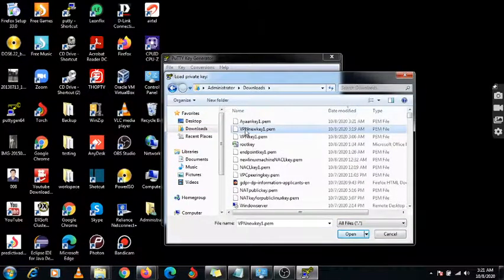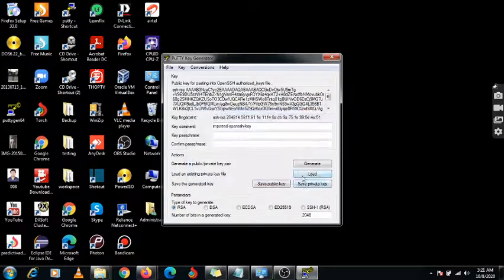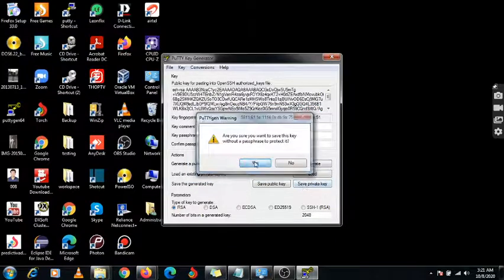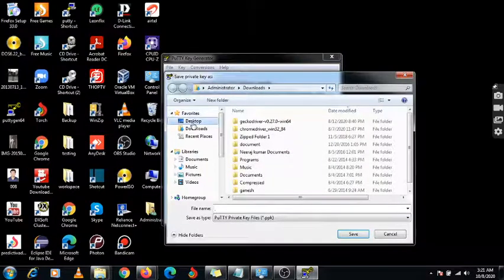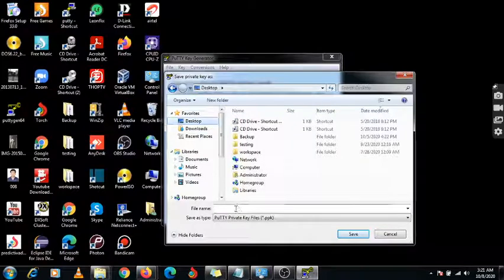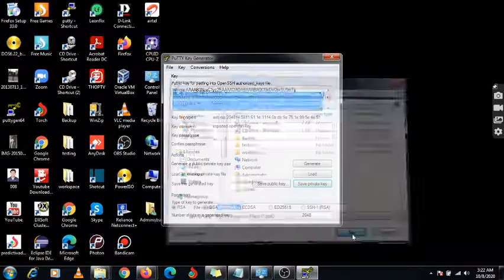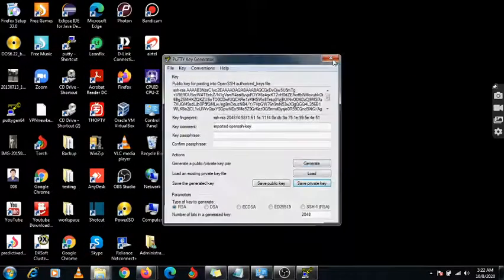This is the VPN new key 1 we have downloaded. Save private key on the desktop. I'm going to save it, giving the name VPN new key 1. Save and close it.